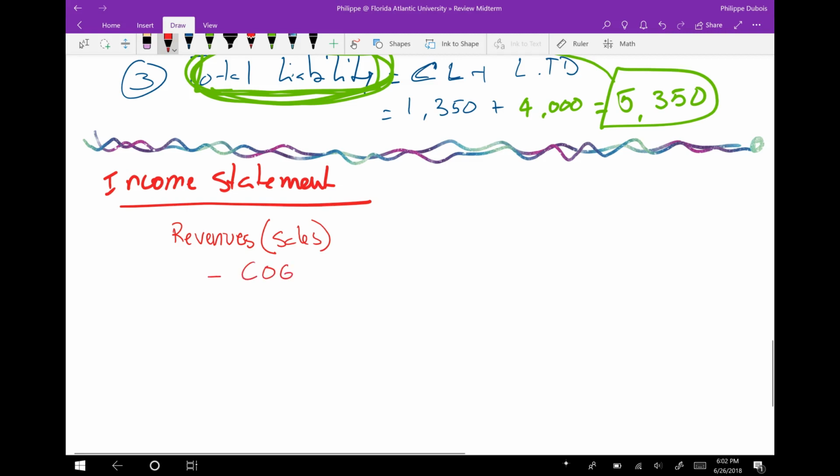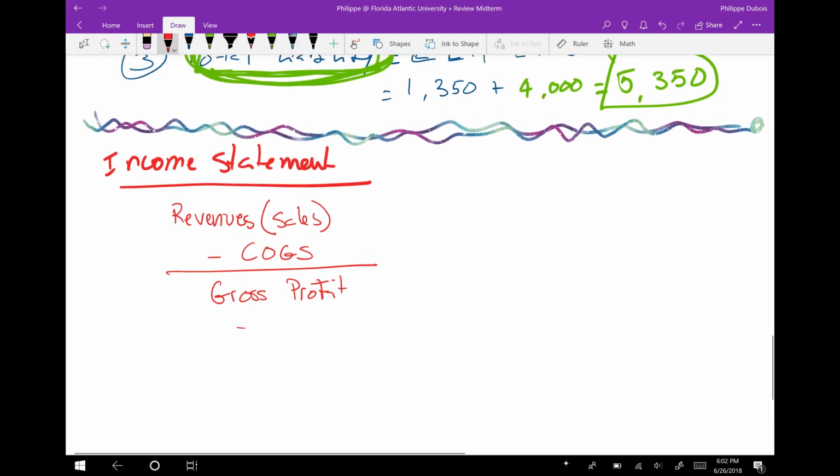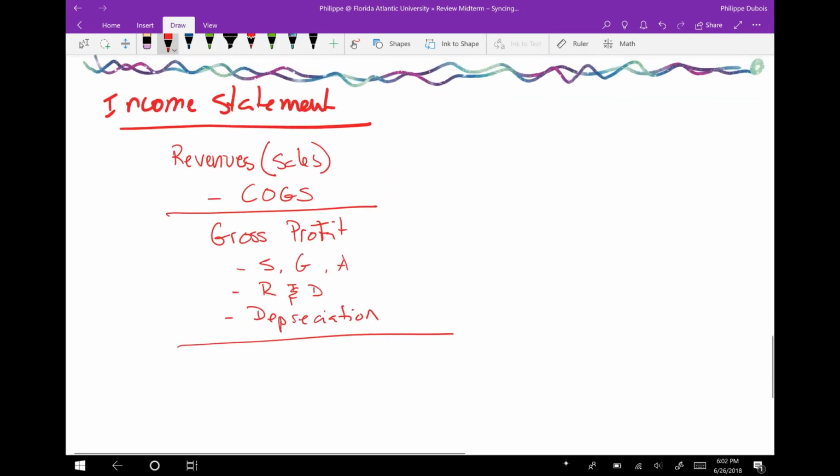Then you back out the cost of goods sold, the COGS. That will give you a gross profit. Now, from your gross profit, you will back out your SG&A, your R&D, research and development, also your depreciation. Once you find your gross profit, you back out your SG&A, your research and development, your depreciation, you will get your earnings